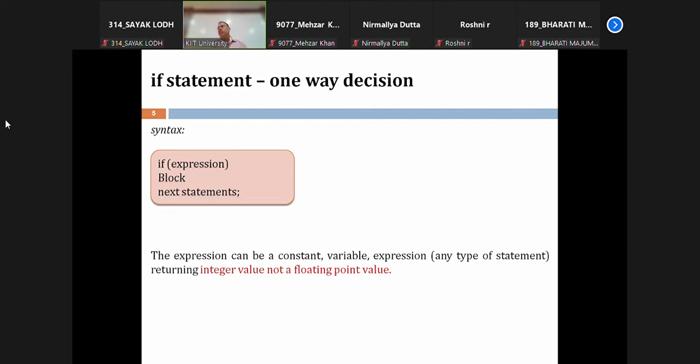If a block consists of one statement, keeping that statement inside curly braces is purely optional. If the block consists of more than one statement, we keep those statements inside curly braces. So the expression that we write,